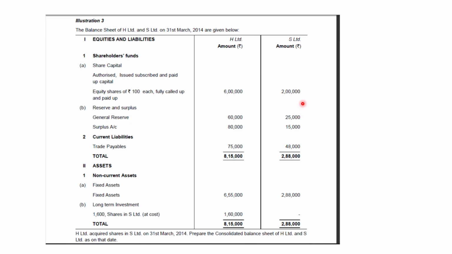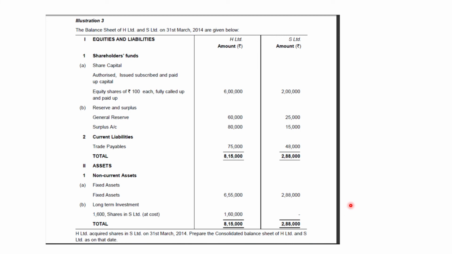And as far as goodwill or capital reserve is concerned, whether we are required to calculate these, let's check. The cost of investment in subsidiary is 160, but the portion of net assets of subsidiary, what shall be it? 80% of 240. 80% of 240 comes out to 1,92,000. It means we are getting 1,92,000 just by paying 1,60,000. So we are getting 32,000 extra.